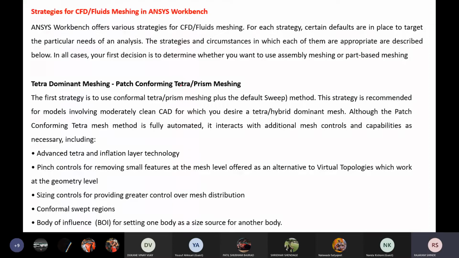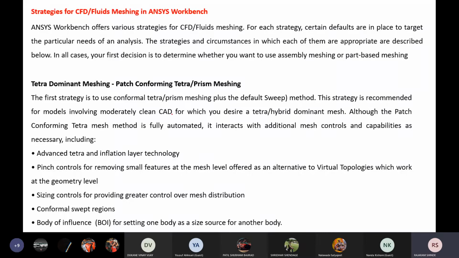Okay, now first is a tetra dominating mesh. Here patch conforming tetra and prism meshing. The first strategy is to use conformal tetra prism meshing plus the default sweep. This is the first strategy in which we are going to use tetra prism meshing plus default sweep method. This strategy is recommended for models involving moderately clean CAD.